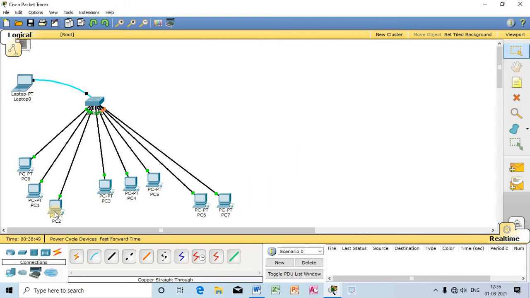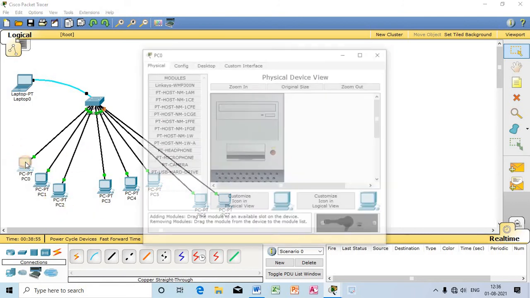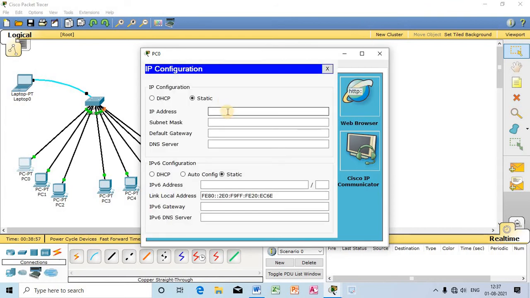Now I will assign the IP addresses over here. Let me assign the IP address 1.0.0.1. So a class A IP address I have assigned here.